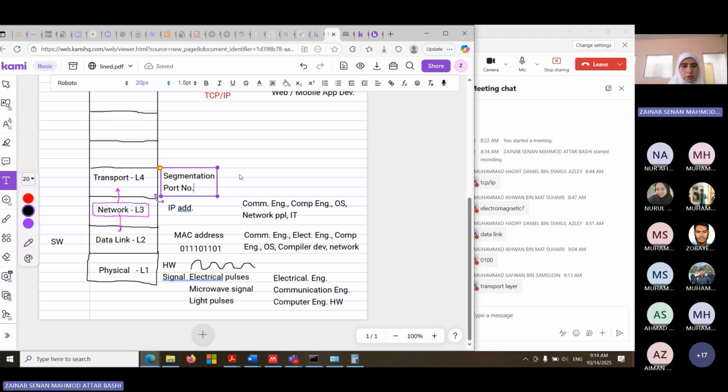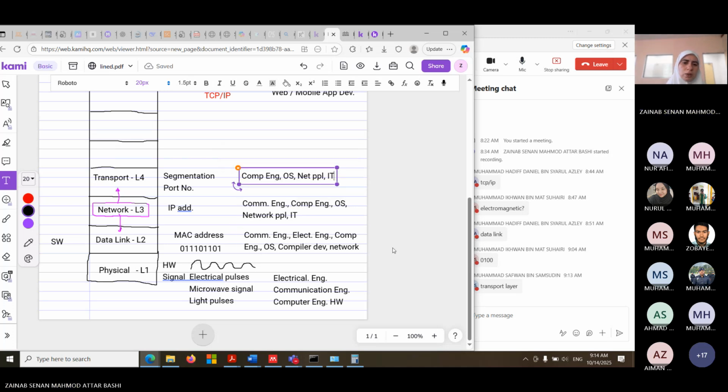Okay, who will study this one? Actually, communication engineers no longer study that at all. They don't need to know it. Computer engineers still need it. Who else? Operating system developers have to know it. Network people have to know it. IT people now have to get more information about this layer because they will definitely use port numbers. They have to know what a port number is. IP address, maybe you give them the IP address and they use it. They don't know the details of it. But for port numbers, they have to understand it well.